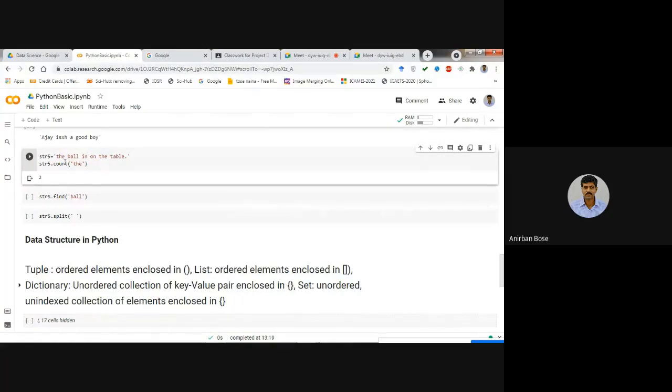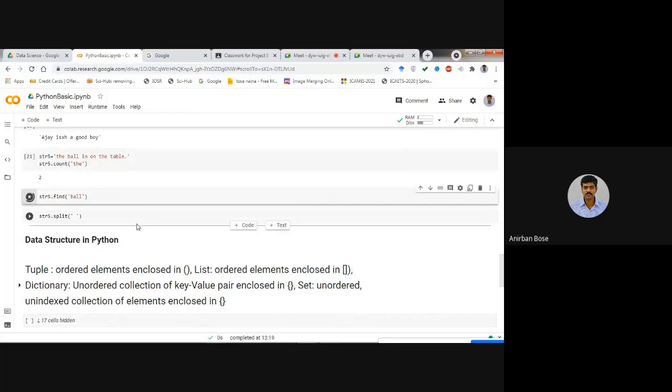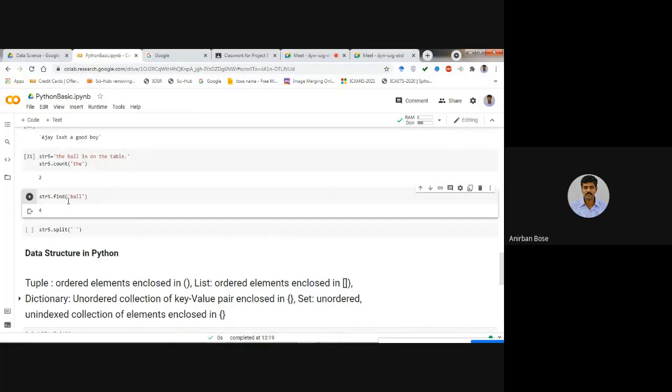Okay, so similarly, if you want to find the position of a particular word in a string, then you can use this method find. So string5 is the name of the variable, then dot find, and you put that particular word that you want to search, and then it will give you the index where this particular word starts. If you do that, you see that it's showing 4.